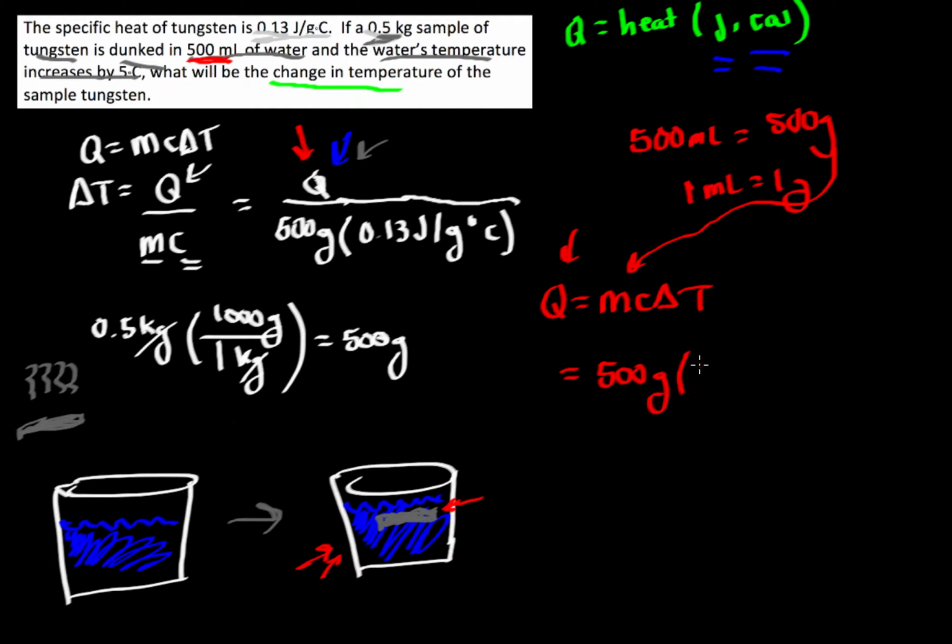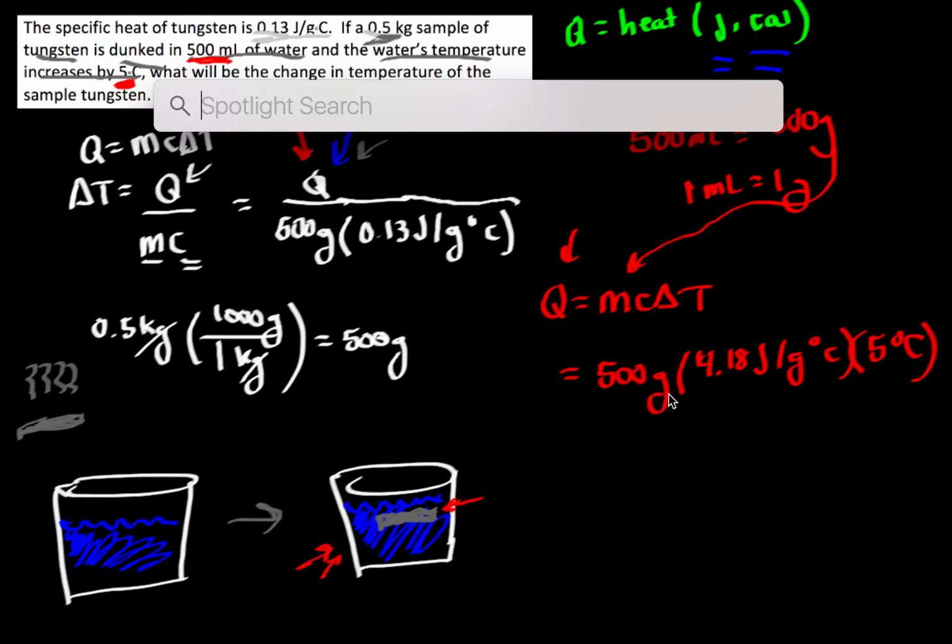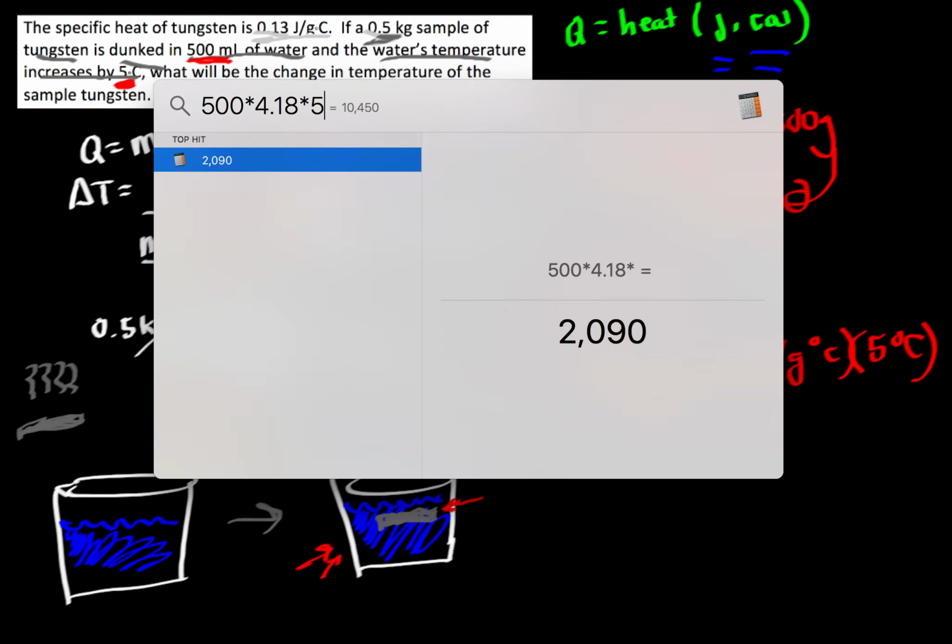One other thing you just have to memorize is that the specific heat of water is 4.18 joules per gram degrees Celsius. And last, we need the change in temperature, which we're told here, positive 5 degrees Celsius. So we're going to punch this into a calculator real quick. 500 times 4.18 times 5, 10,450